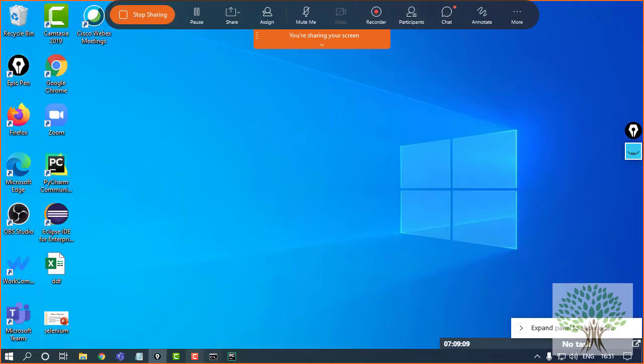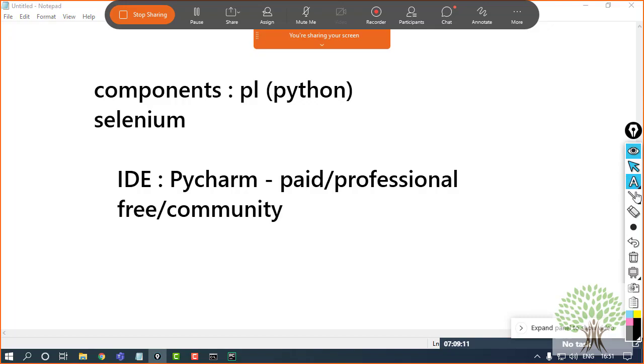Now moving further to the second IDE. The second IDE is very famous, that is Eclipse. If you have ever been into programming and have worked with Java, then you must have heard about this term. So this is commonly used with the Java language. But if you want, you can make Eclipse work with Python as well. Just what you need is a plugin. A plugin will be required to make Eclipse compatible to work with Python.